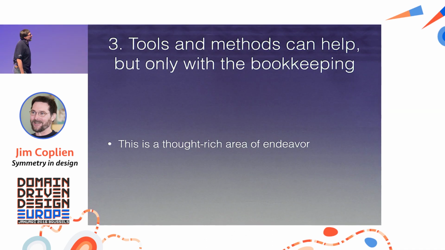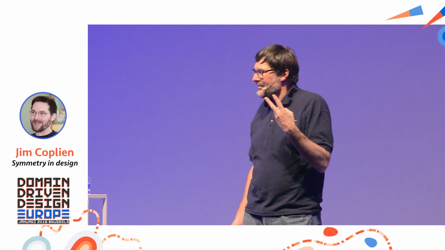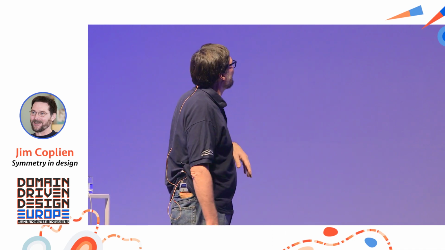So tools and methods can help, but only with the bookkeeping. I'm kind of an Agile guy, and the Agile Manifesto says something about working software over comprehensive documentation. Does it say don't do documentation? Well, no, it doesn't. We write for 2 reasons. One is to communicate, and the other is to remember. To a first approximation in Agile, we never use documentation to communicate. It's face-to-face. And again, Vaughn said this morning, and it's so good to find someone else who has a common sense view of Jira. Jira sucks.